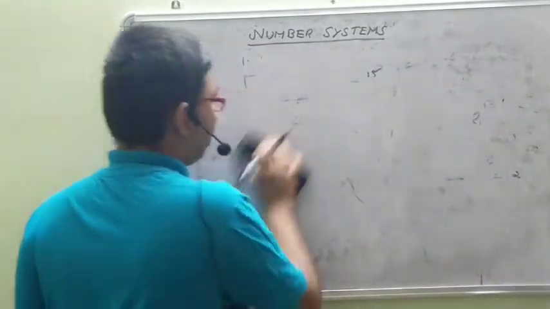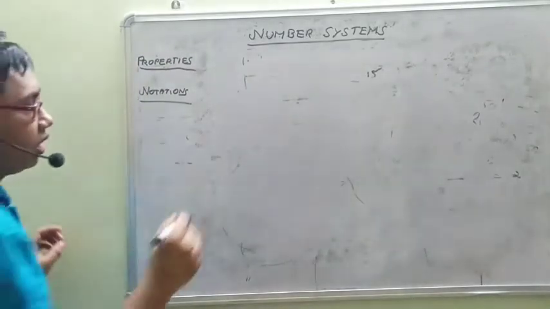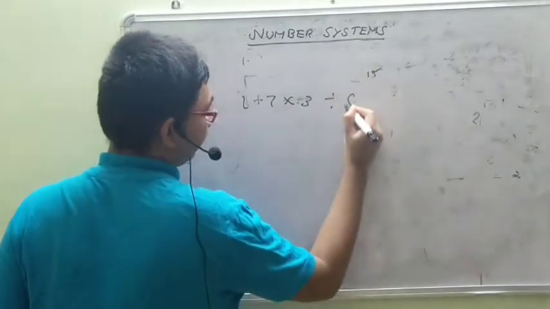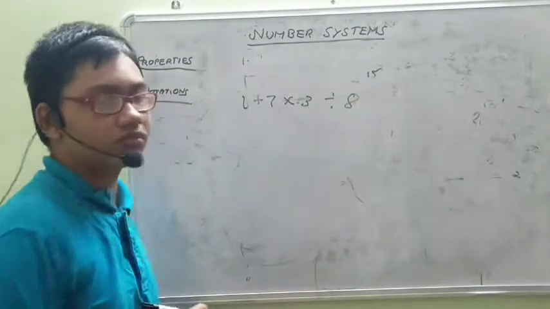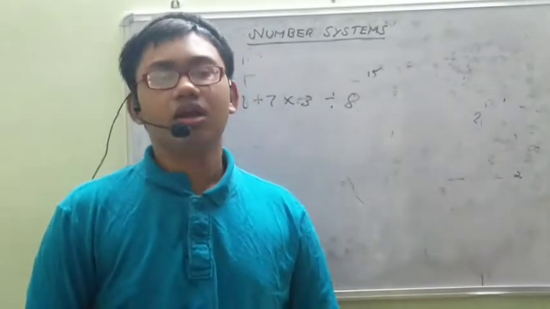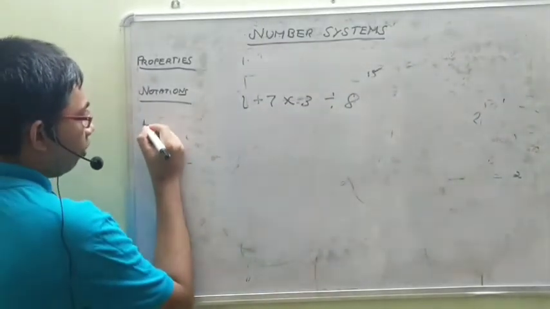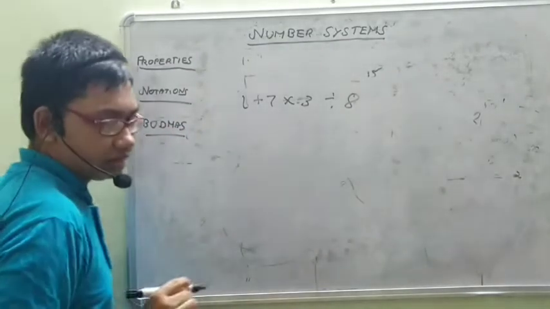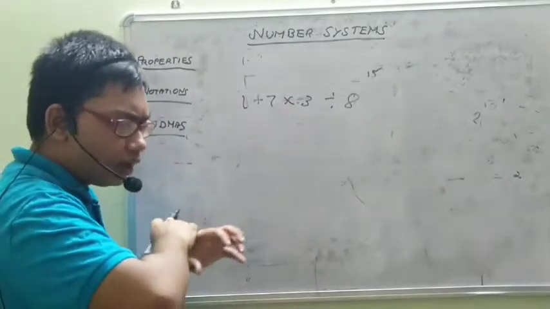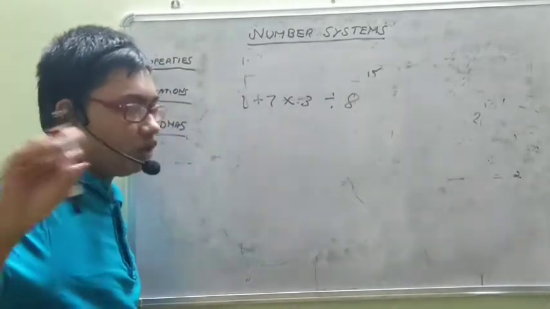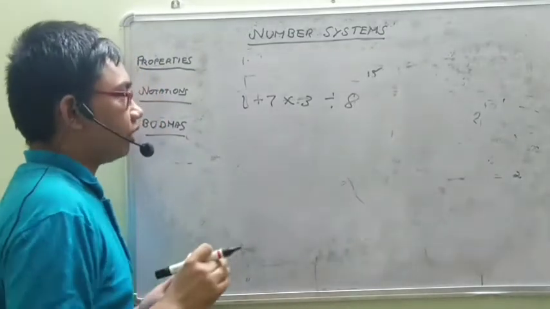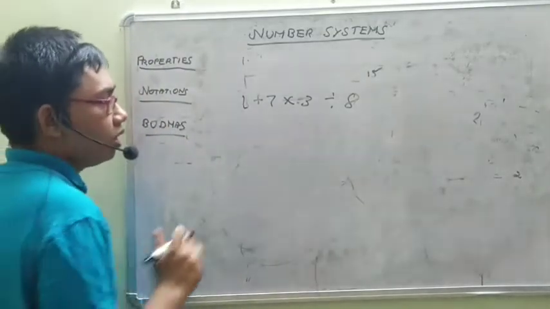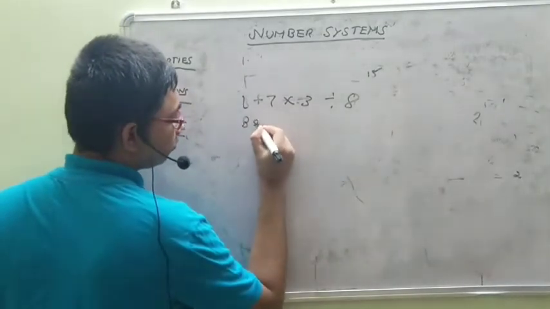Next, let us say that you have many operations. Let's take 1 plus 7 into 3 divided by 8. How will you do this? Do you have any idea? There is a rule called the BODMAS rule that will help us to do all such operations that have a chain of many different operations. We will be able to do such sums with this BODMAS rule. What this says is bracket,